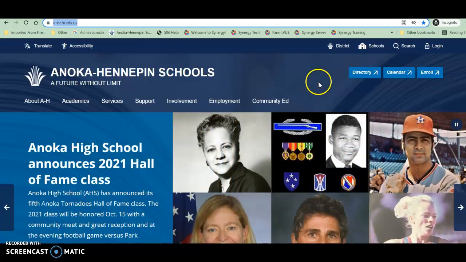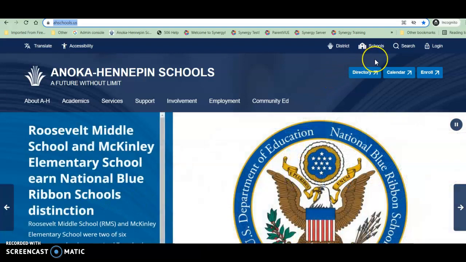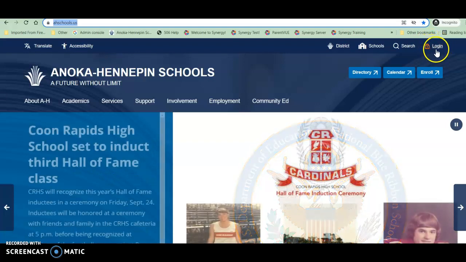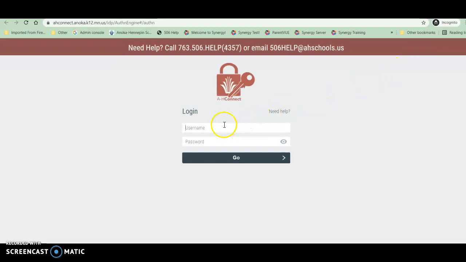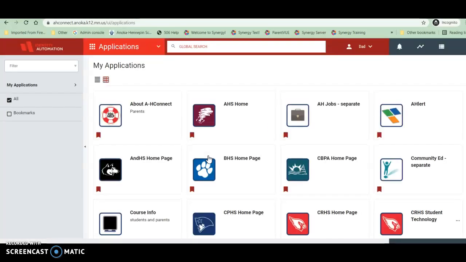Once you get to the district webpage, from any page, no matter where you are, there should always be this login button in the upper right corner. You click that, and that's going to take you to the login page. I'm going to log in with a parent account that is a test one, so you're going to see things a little bit differently than what you see. Your parent username or password, hit the go button, and it's going to bring you to what we call the